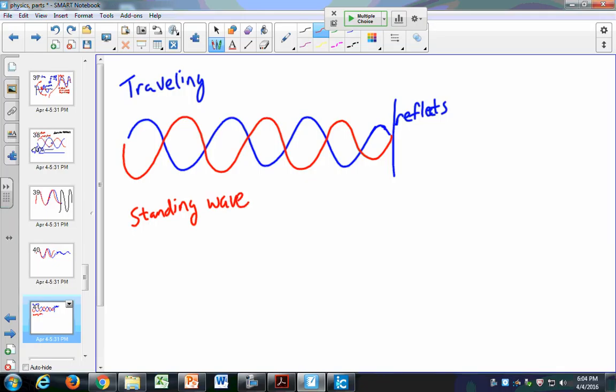A standing wave is like on a guitar. When you pluck the string on a guitar, you get this wave that moves back and forth, back and forth, back and forth. So in a sense, it's a traveling wave, but because it's constrained on either end, it begins to set up both a traveling wave and then a reflected wave, and we call that a standing wave. And they can interact with one another. The traveling wave, we have a couple of things. We call the point where these two cross, this is called a node, and this is called an antinode.